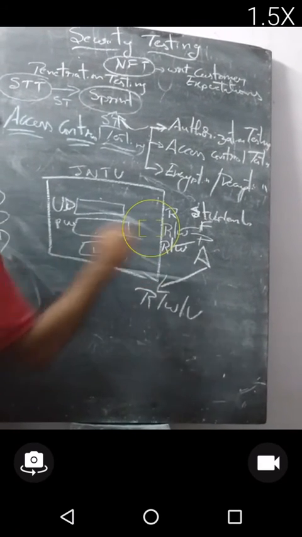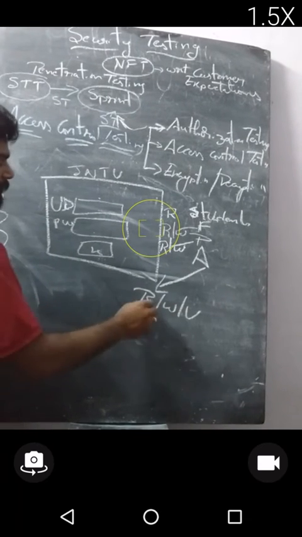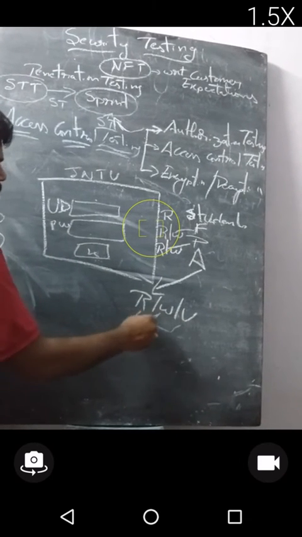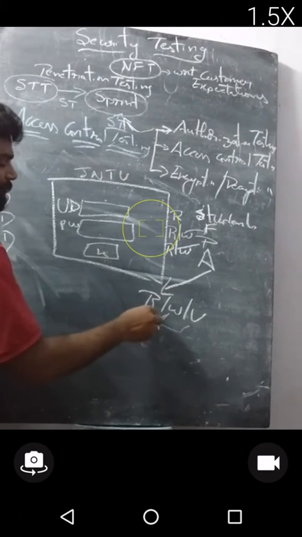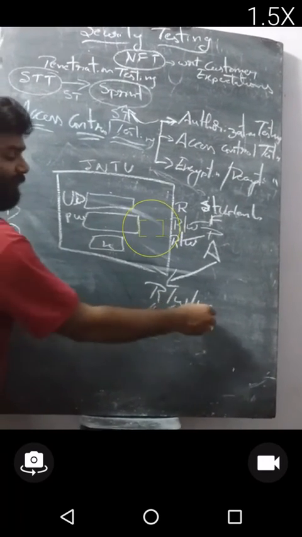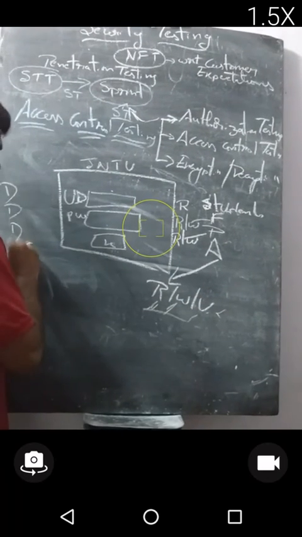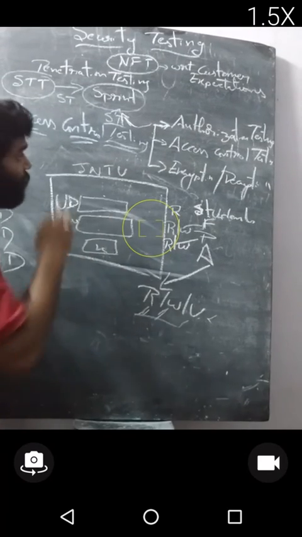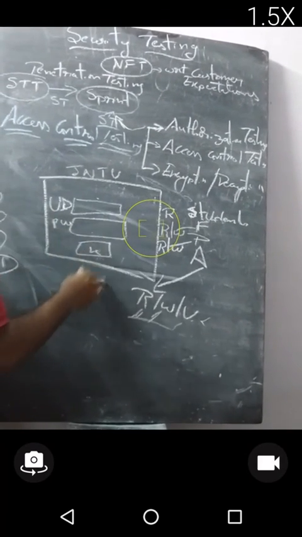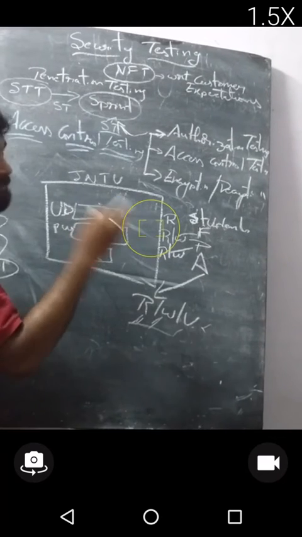In general, read and write options should work. For admin, read, write and update operations, these three options are working, no need to raise a defect. Suppose read and write only are working and the update option is not working, then you need to raise the defect. This is the job of a Scrum team tester. This is how we need to test security testing, that is the access control testing. Clear? Now next one.